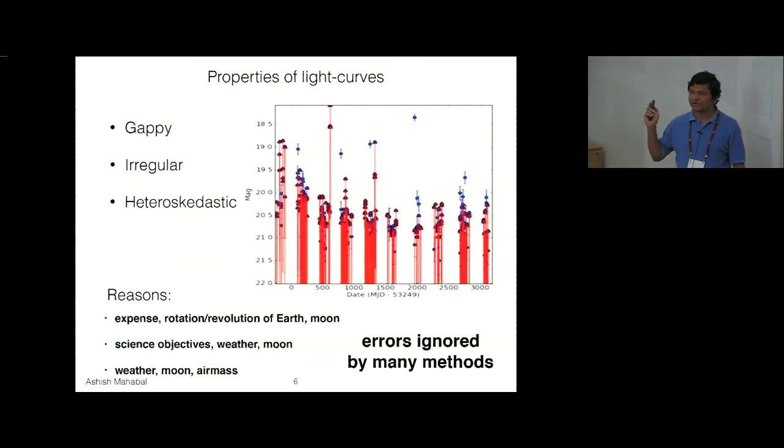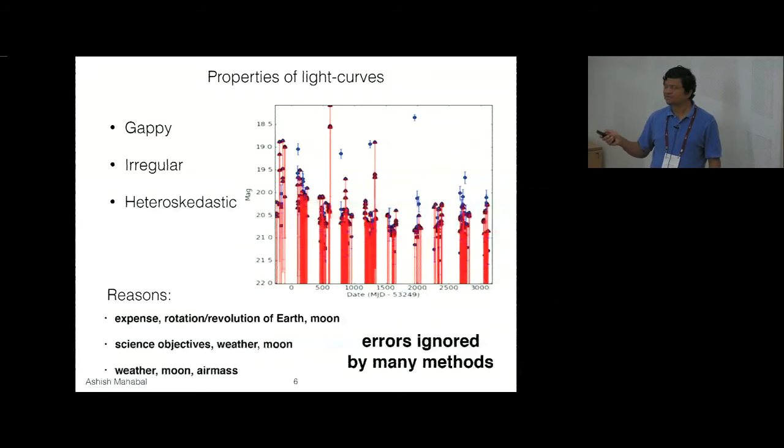And then again, quick properties for light curves that we have. This is of course a very extreme light curve, but in general, the time series that we have are very gappy. There are huge gaps, as I mentioned. They're very irregular. If you're looking at financial time series, then you can do many, many things really well, because every morning the market opens, and then you have observations, and then it closes, and then it opens again, and so on. Not so with astronomy data. So you cannot use data or techniques directly from any of those other things. And then again, the error bars tend to differ for various reasons, including the atmosphere itself.